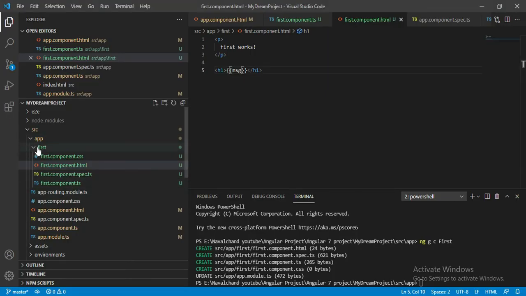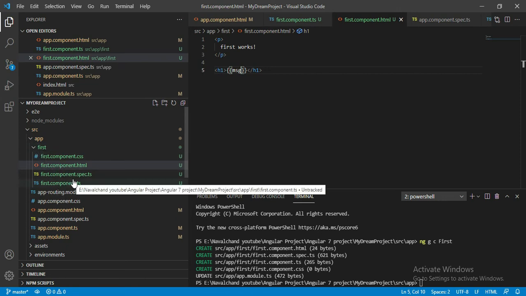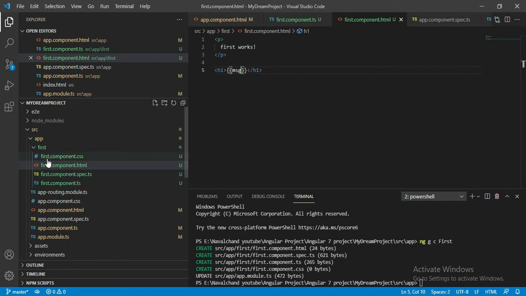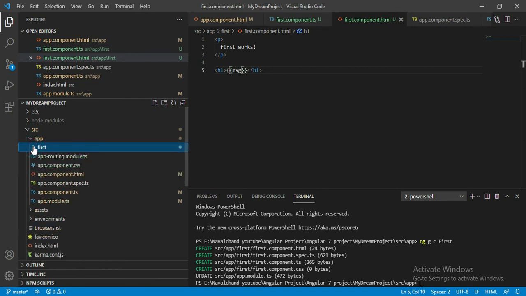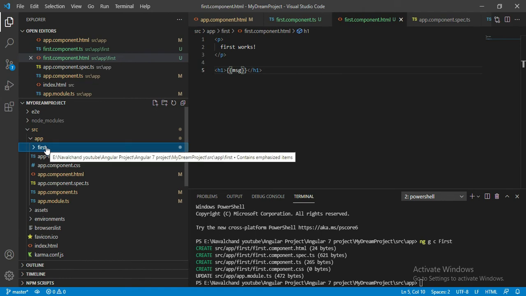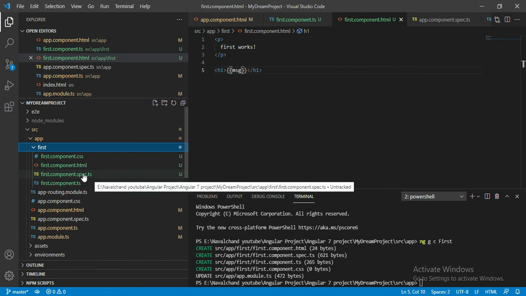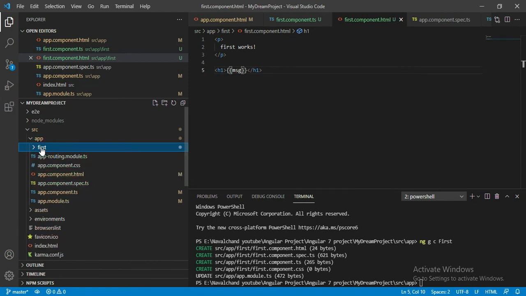Now you might be thinking you don't need these 4 files, you don't need this spec file, and you don't want to create a new folder every time. This time I want to create one component inside the same folder, inside the first folder. Also I don't want this spec file. In that case we have to open the terminal.